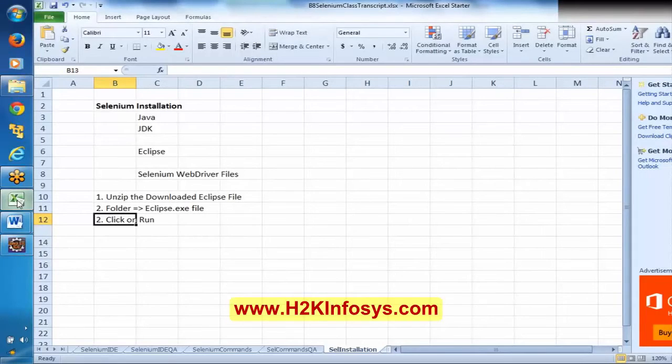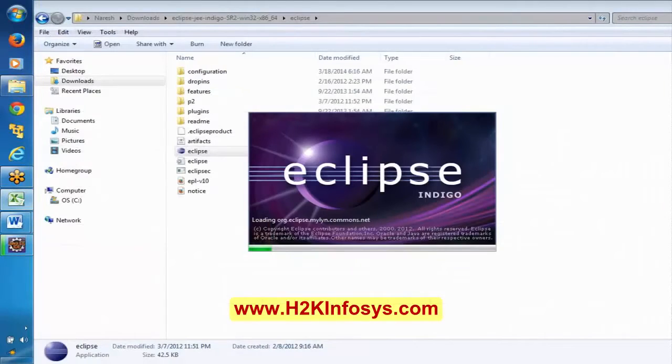Then it is going to open Eclipse here. Shall I wait over here?